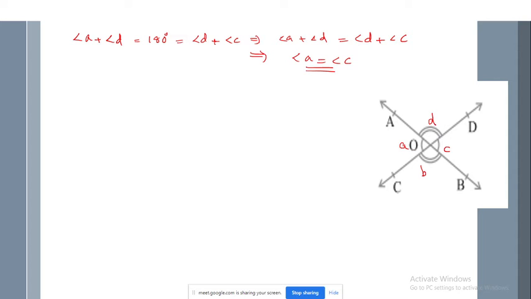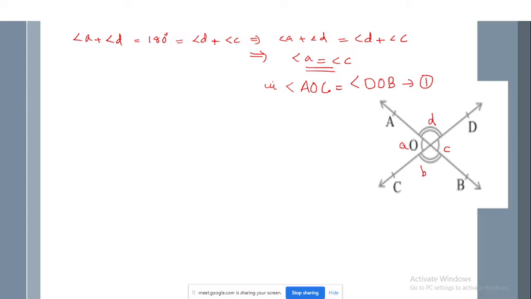Okay, so we just got that angle A is equal to angle C. So did we prove our theorem? Vertically opposite angles are equal. So here angle AOC is equal to angle DOB. So we got one pair. So did we prove our theorem? So our theorem is proved. Yes, ma'am. Oh, what about the other angles? We need to prove that angle D is also equal to angle B. That also we need to prove, no? Yes, ma'am. Then only the theorem is proved completely.